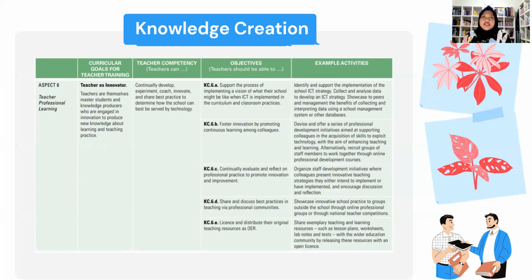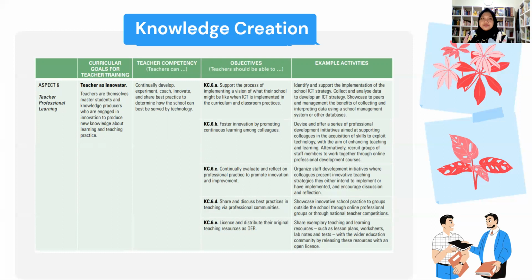The second objective will be to foster innovation by promoting continuous learning among colleagues by devising and overseeing a series of professional development initiatives aimed at supporting colleagues in the acquisition of skills to exploit technology with the aim of enhancing